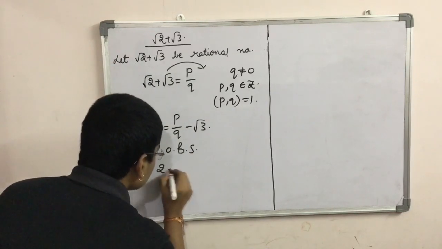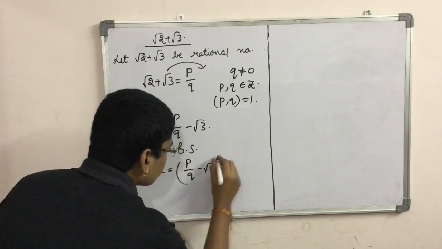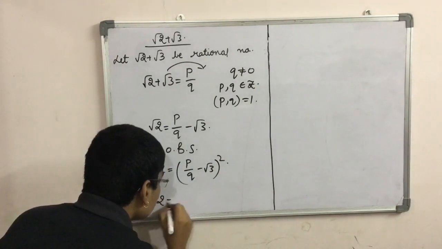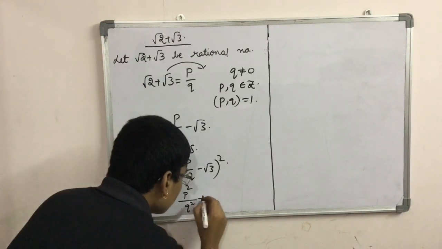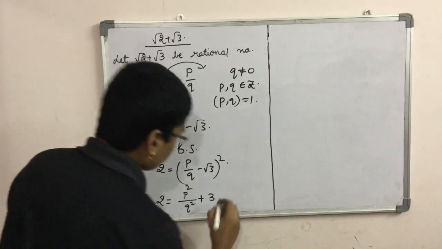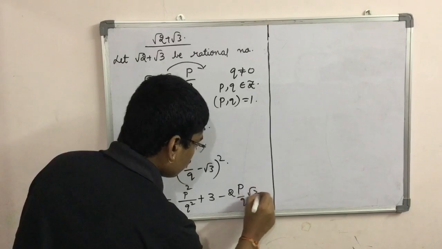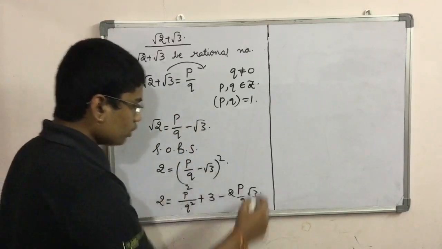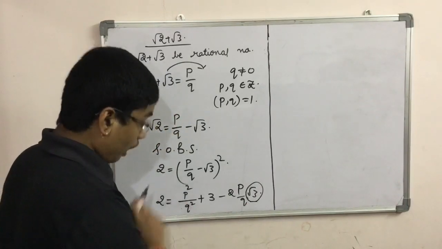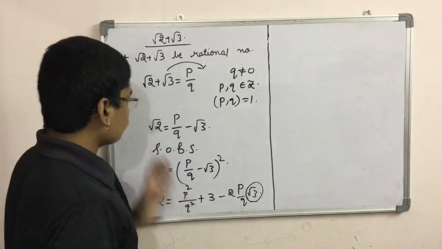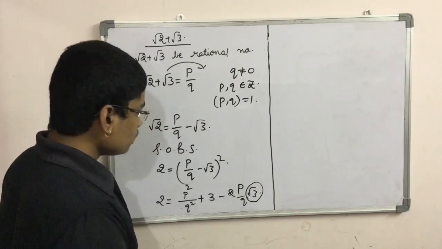Then it will become 2 is equal to (p/q − √3) whole squared, and then 2 is equal to p²/q² + 3 − 2(p/q)√3. Whenever we are doing this process, we get only one number as irrational, and the others have become rational, right? So we will consider the number to the other side, and now we will change the positions